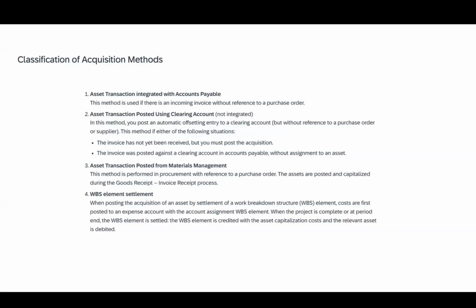Classification of acquisition methods. Okay, so how can we acquire assets? Well, we can acquire them through the accounts payable ledger. We can acquire them from posting. So you can create an asset by pulling the money out of a clearing account. So that would mean that